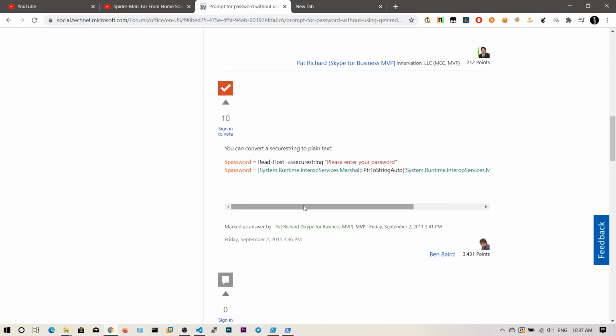Then we need to unmarshal or deserialize it to the plain text password. SecureStringToBSTR, this is the binary string, so we can easily convert the binary string to normal ASCII characters. Let's copy this one and paste it in our code.